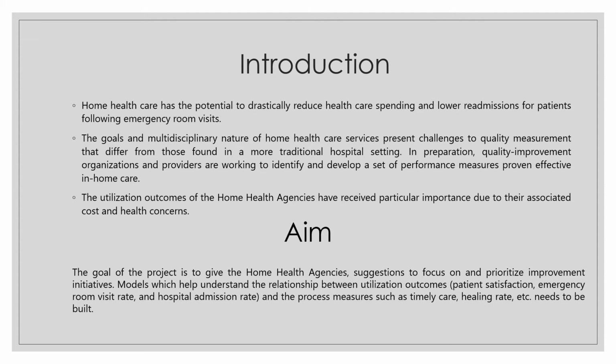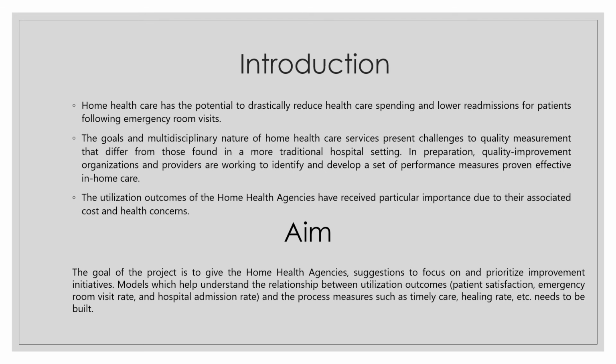In resource constrained settings, it is very important for home health agencies to maintain the quality of care, avoiding patient hospitalization. Therefore, it is very important to understand the relationship between the characteristics of a home health agency and the utilization outcomes, so as to provide targeted improvement initiatives for the organizations. Now, the aim of this project is to provide suggestions to home health agencies to focus on and prioritize improvement initiatives as it is very important to maintain the quality